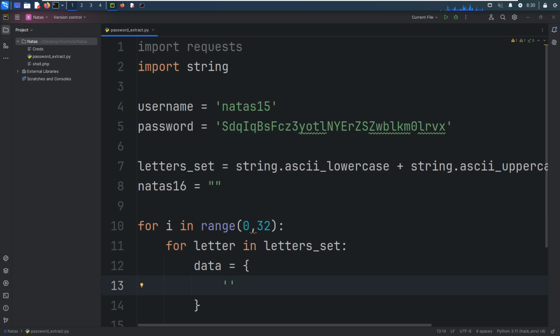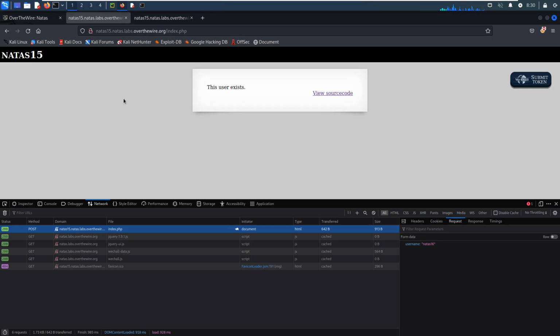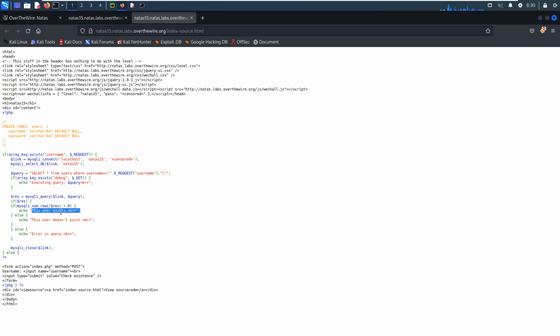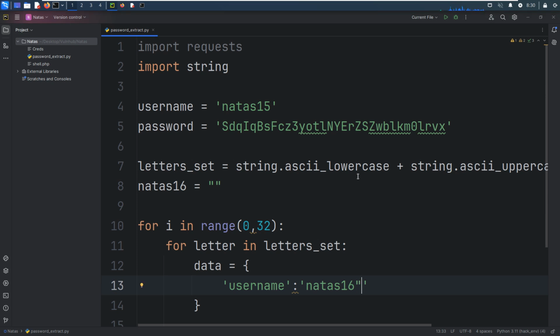So the username, we can use a single quote, and we can use Natas16. Of course, we need to use a double quote to close this, because the background has the double quotes. We need to close it, and then we need the password, okay? And the password like.